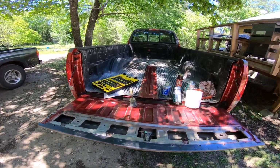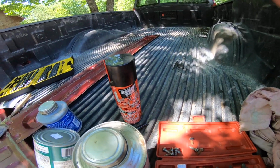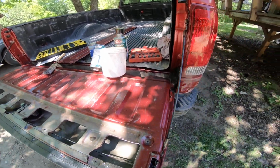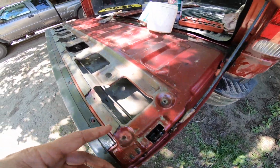Okay, so let me show you what I did here. I even broke out the honey goo. This stuff is amazing. It's expensive, but it is so good. Buy as much as you can afford. Sprayed the honey goo in that,